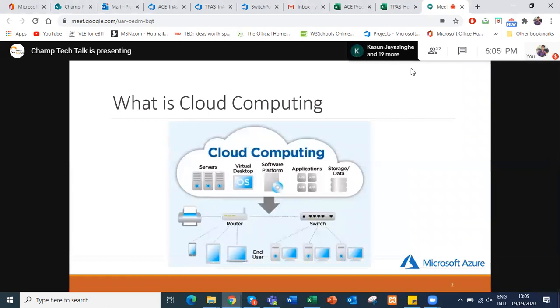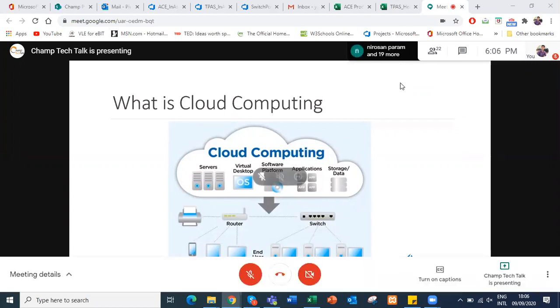But when it comes to cloud computing, the main advantage is that you're only paying for the resources that you consume. You don't have any upfront cost. That's one of the main benefits of using cloud computing. And when it comes to availability, scalability, and security, there are huge advantages when comparing your on-premises environment with a cloud computing environment. So I think now you might have a clear idea about what cloud computing is.